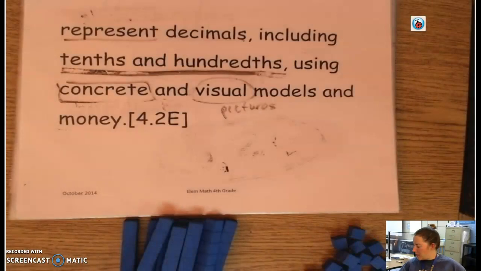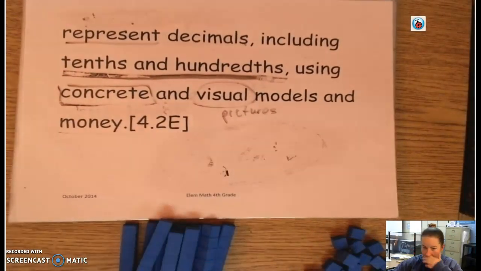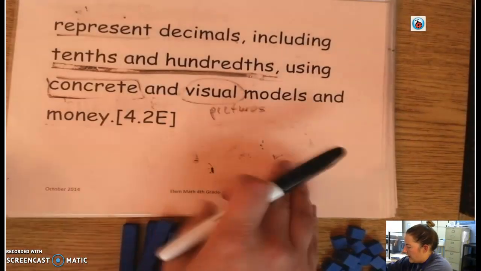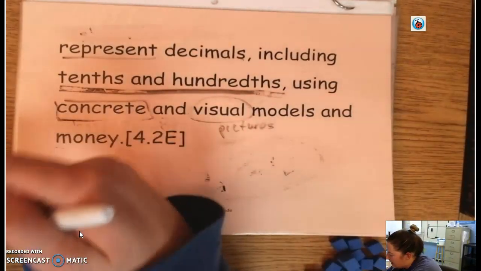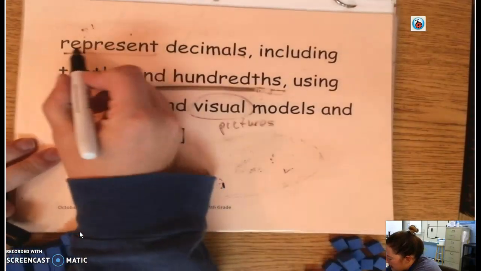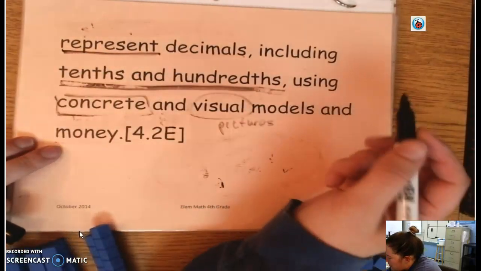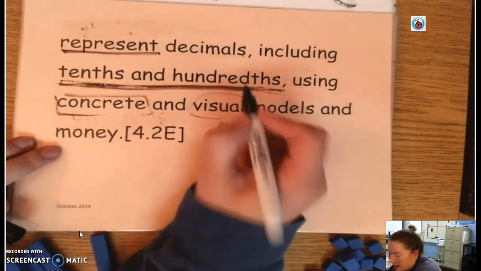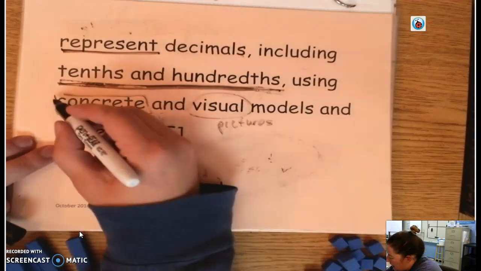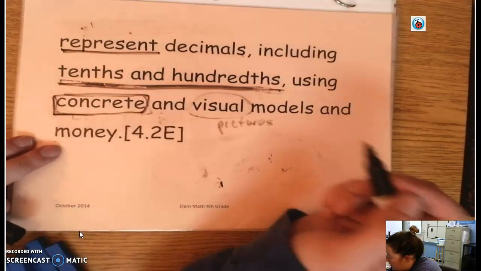So we have a new TEK. I'm just going to read over it and then I'll kind of explain what we'll be doing with the decimal and kind of what is a decimal. So here's our new TEK. It's 4.2E. Kind of had written on it from last year and it didn't really come off. So you get kind of some of these notes. It says, we will represent decimals including the tenths and the hundredths. Those are two types of decimals,